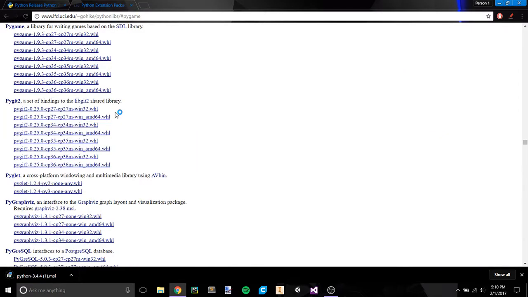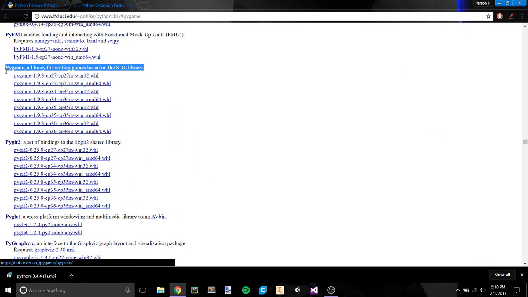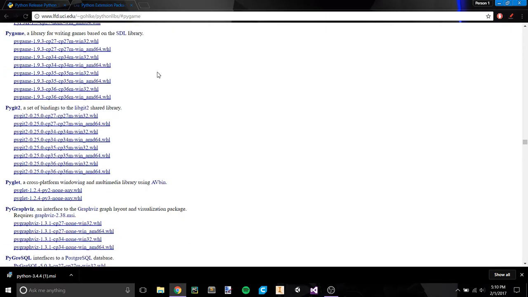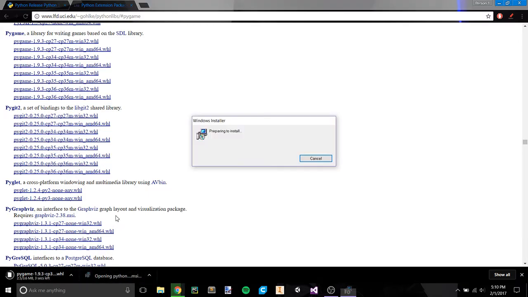Now, give it a second and it'll bring you right here. It'll bring you to PyGame, a library for writing games based on the SDL library. When you get there, click on PyGame 1.9.3, CP34-34M-win32.whl. Click on that. Now, that will collect PyGame, and while you're waiting for that to download, you can now double-click on your MSI